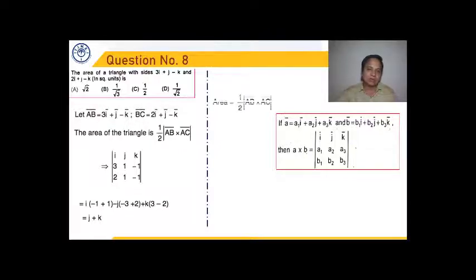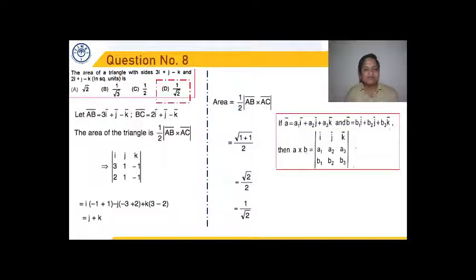Now the modulus of A cross B, and half of it is the area of the triangle. The modulus of A cross B is under root of 1 square plus 1 square, and divide by 2 to get the area of the triangle. So 1 plus 1 becomes 2, and square root 2 upon 2 becomes 1 by root 2. So if somebody asks what is the area of the triangle, it is 1 by root 2. And if we carefully look at the choices, we get our answer.